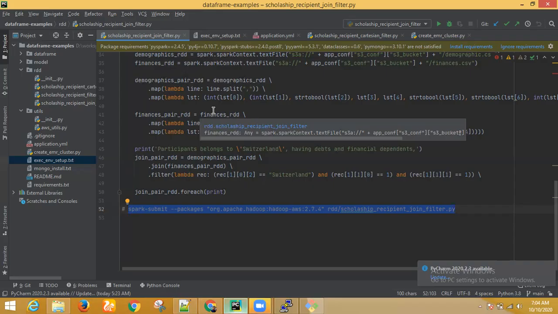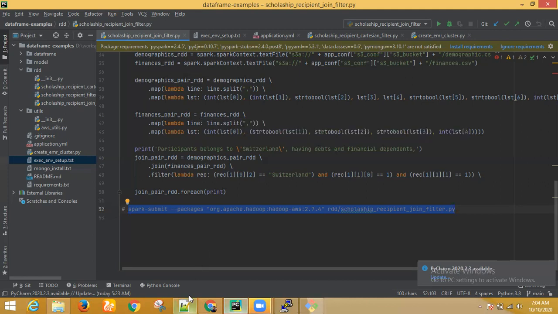So it's always 3 steps. You make any changes locally and push them to Git. The second is to create an EMR cluster and check out the code. And the third is to execute the code there. You have to go through these 3 steps in multiple iterations. Spend 2 hours every day if you really want to become super confident. Trust me, this is the approach followed in real-time projects.